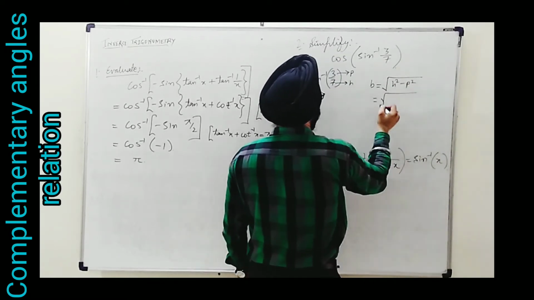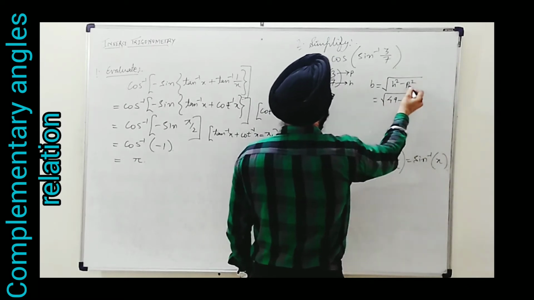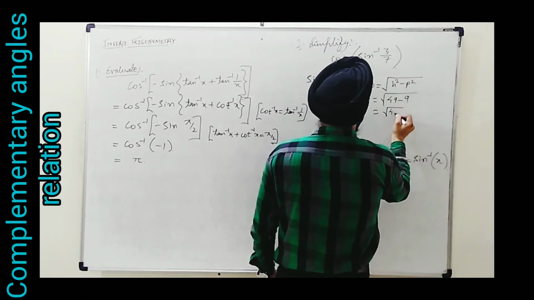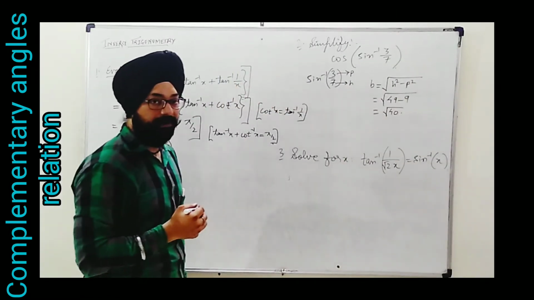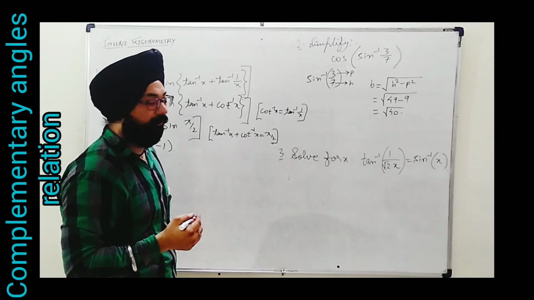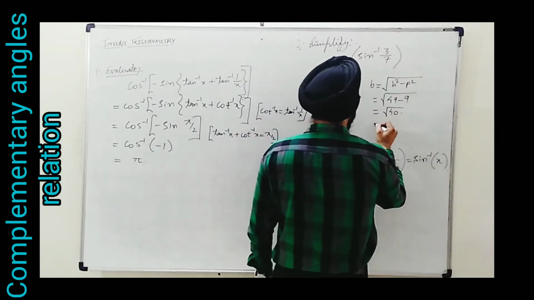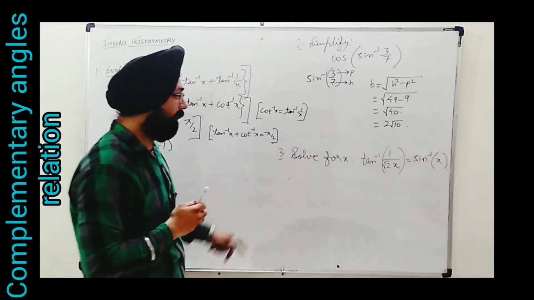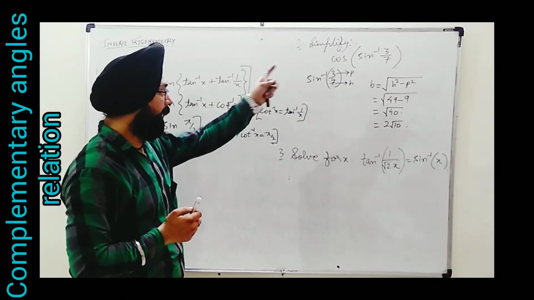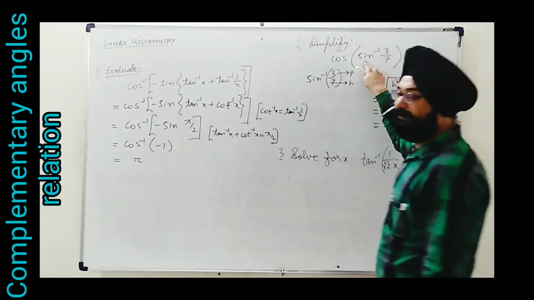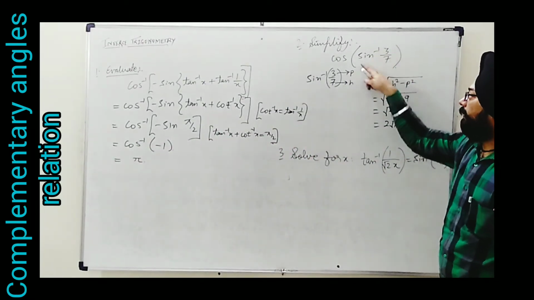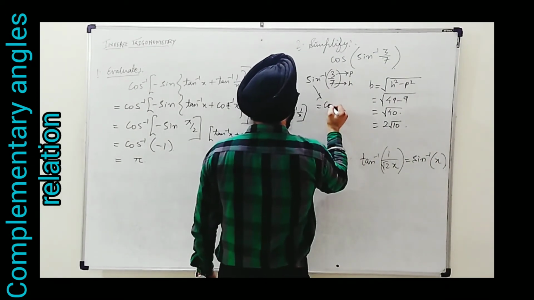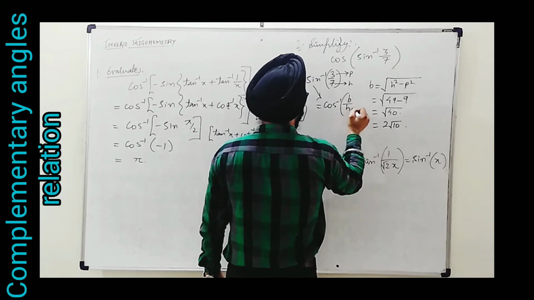It comes hypotenuse square means 7 square, 49, minus p square, perpendicular square is 9. We get 40. Okay, which you can further simplify or not, you can use it as 40 only, but as it is 4 tens, so 2 root 10. Okay, this is the value of base. Now from here, as I need to cancel these, the law of cancellation I need to apply, I need to convert this into cos. So sine inverse 3 upon 7 can be written as cos inverse base upon hypotenuse.